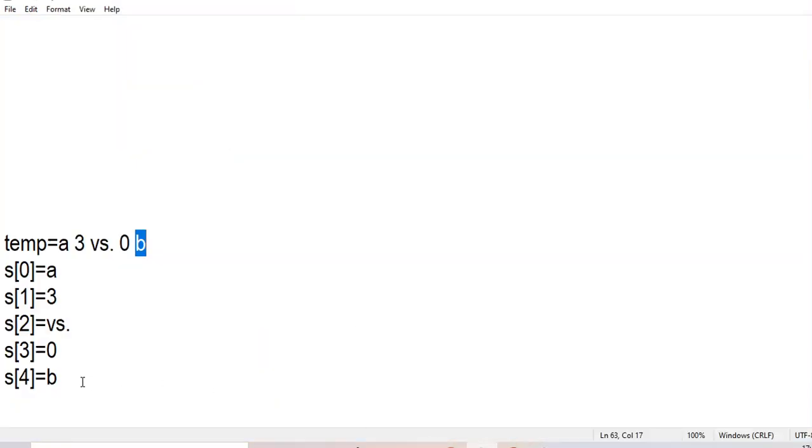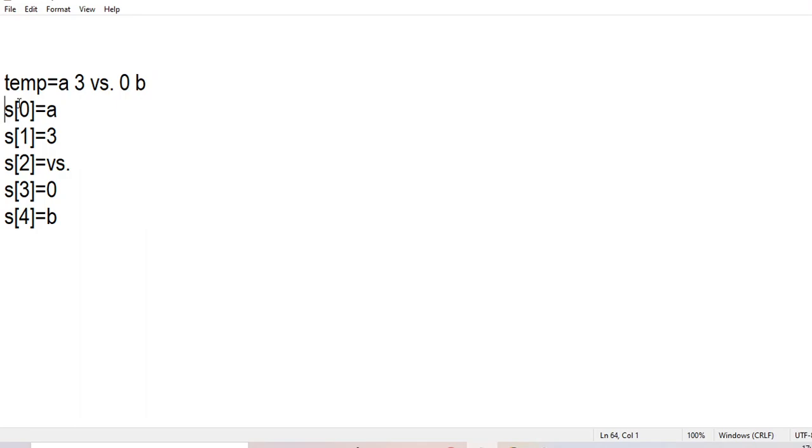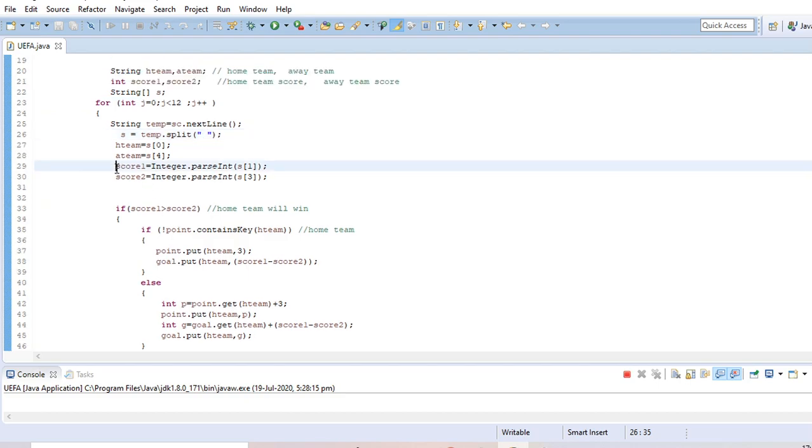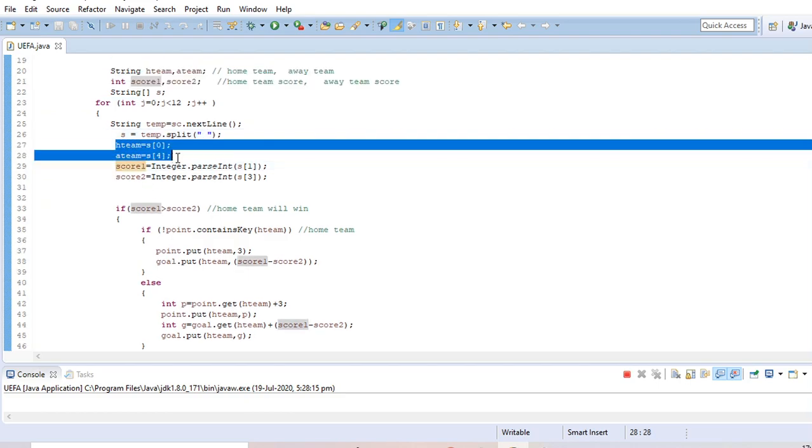So after the splitting, S0 is A, S1 is 3, S2 is versus, S3 is 0 and S4 is B, and I store them in the home team and away team names.